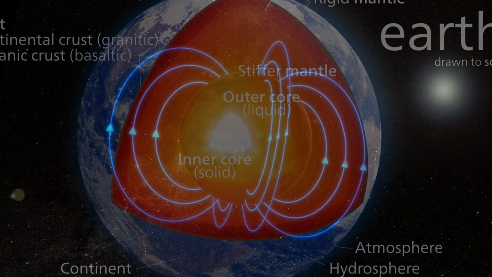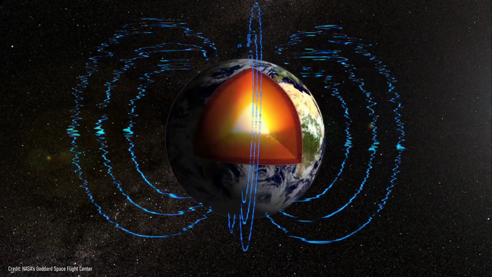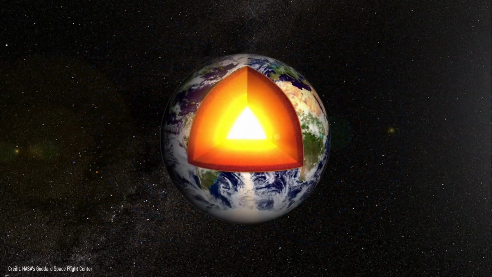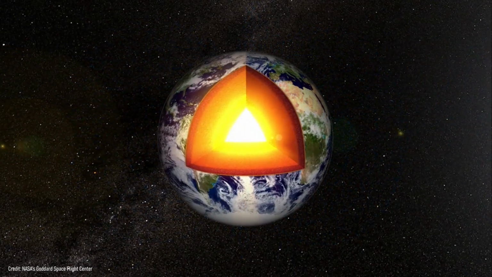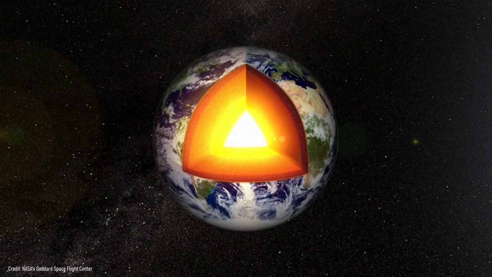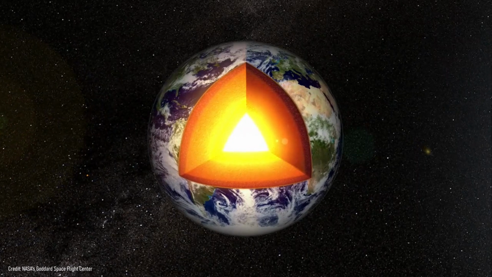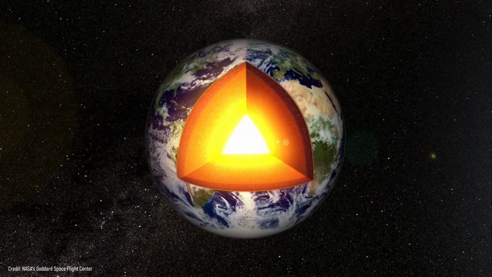One can think that the inner core is the main reason for the magnetic field, but this is not true because the temperature of the inner core is around 5200 degrees Celsius, which is way more than the Curie temperature of iron and nickel. And in physics, Curie temperature is the temperature above which a metal loses its magnetic properties.